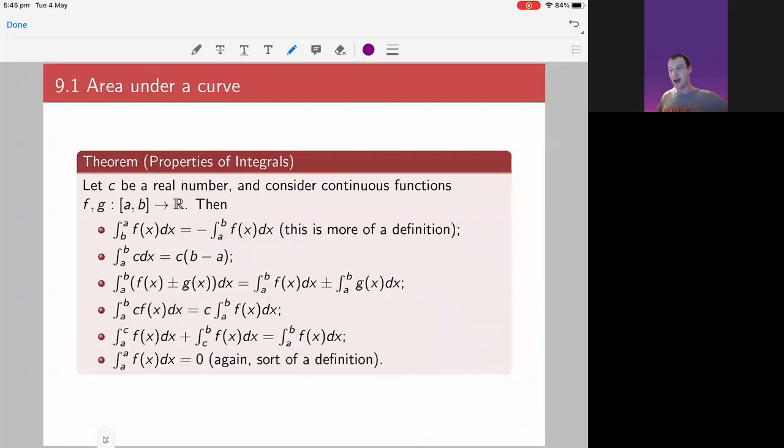Final one, perhaps the easy one. If you integrate the function f from a up to a, you're going to get 0. Now, again, this is really a definition. You could try and say it has to be this way because of the fundamental theorem of calculus. But more fundamentally, the reason we say that the integral from a up to a is 0 is because